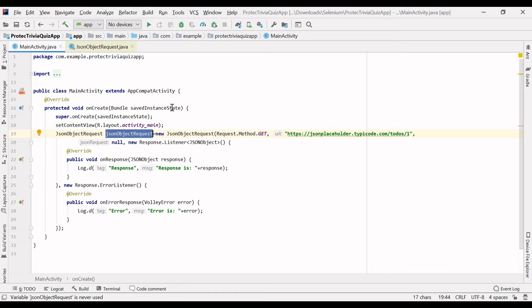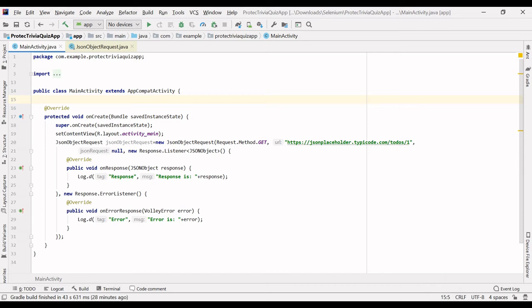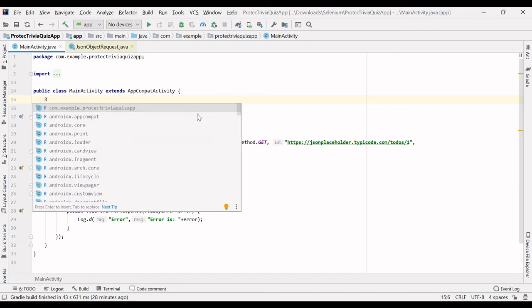There should be some traffic controller that can handle the number of requests coming from the users. So the request queue will automatically handle all the requests. If you want to get the response, you have to add the request to the request queue first. So first create the request queue.